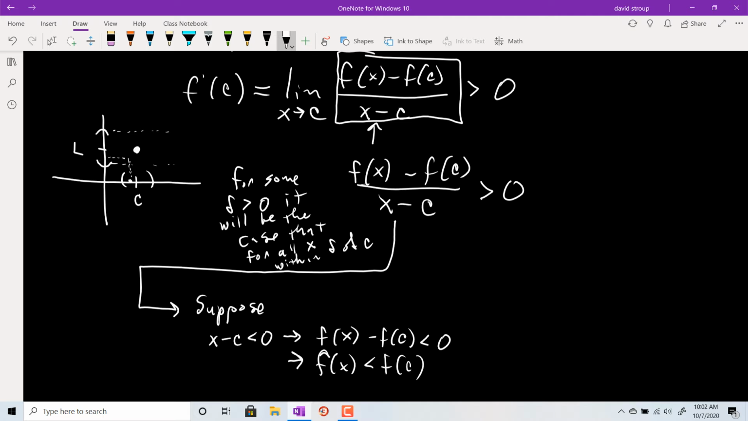Okay? And we're saying that f of c is a relative extrema, so in this case we think it's a max, right? So we suppose that x minus c is less than 0. Now next suppose that x minus c is actually greater than 0. Okay, this then forces f of x minus f of c to be greater than 0, because a positive over positive has to be positive. And then that implies that f of x